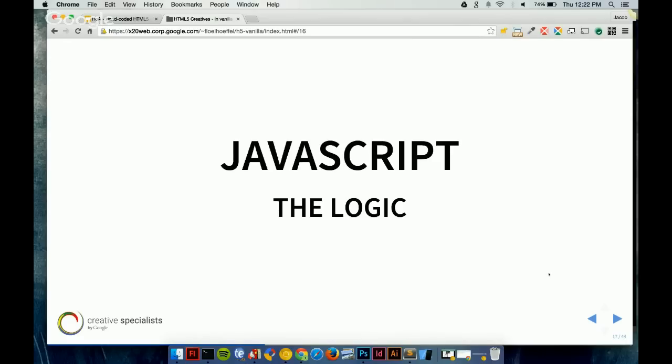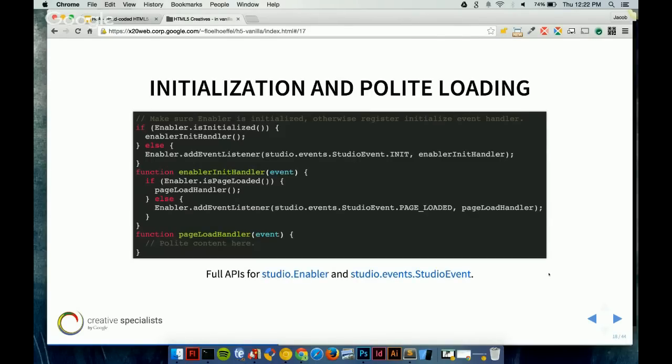Thankfully, that's why we have DoubleClick Studio, and using the enabler's components and calling the enabler, we can add counters and timers and everything like that. So we can see a lot more analytics about our ad and how it's performing. So let's go back to the slides here, and as Owen was mentioning earlier, we have initialization and polite loading,